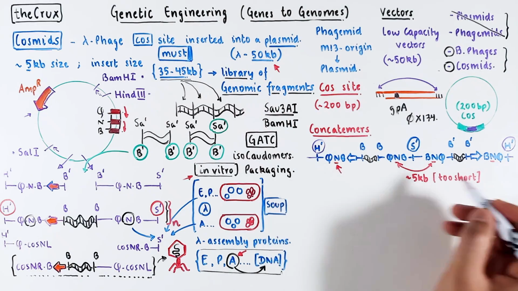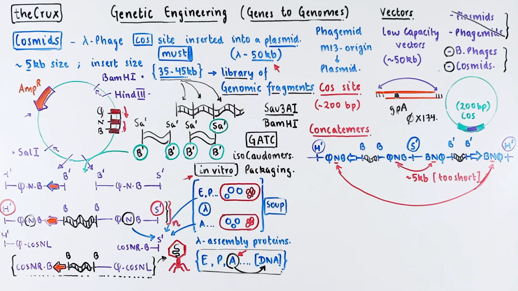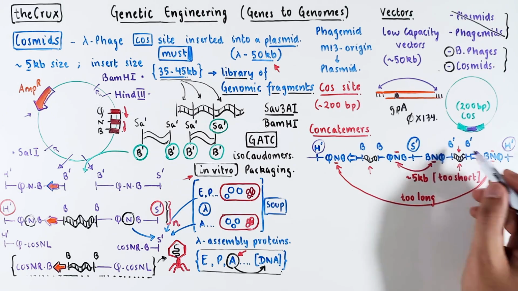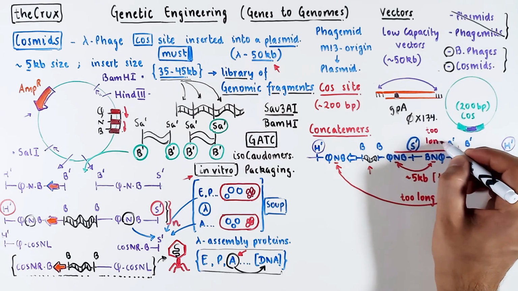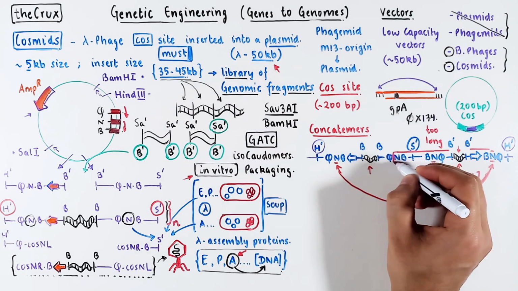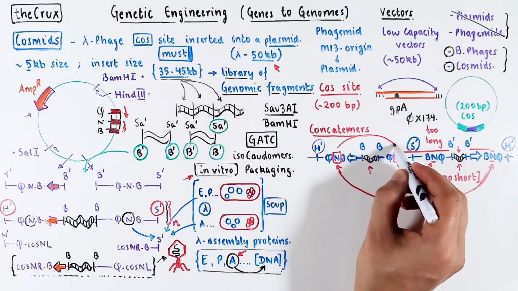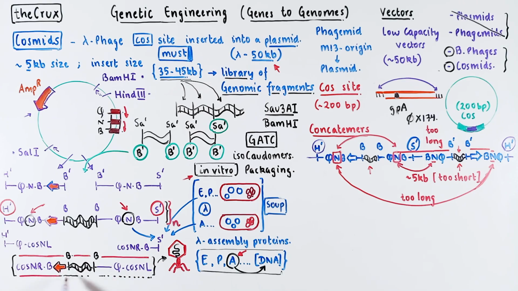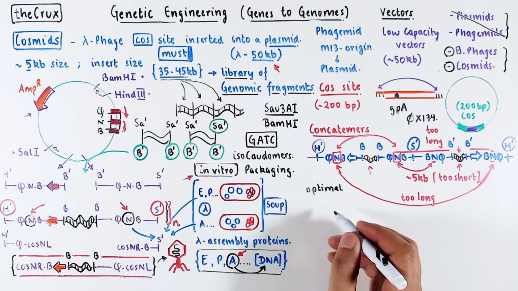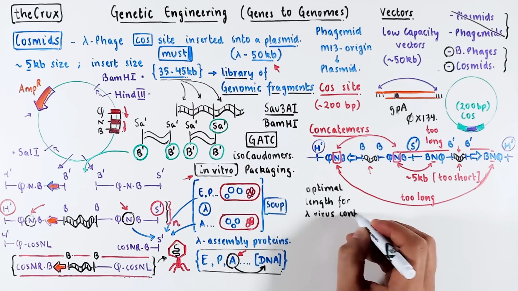The other option is this extreme N situation. In this, you have two large 35 kb long fragments plus a bunch of Cosmid vector DNA. This is clearly longer than 50 kb and it will not fit. The other option is this N to this N. It has the 50 kb part and another 5 kb part. This will also be slightly too long for packaging. The optimal DNA length for packaging most likely occurs when these two ends are nicked. That is the simple scenario I illustrated here to get this piece of Cosmid DNA. So even if all ends are nicked, you will only have the optimal length of Cosmid DNA packaged into a